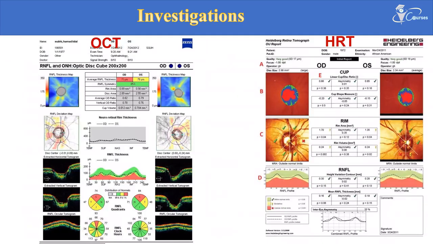Finally, the investigations regarding the optic nerve head. We have two kinds of tomographic evaluation of the optic nerve head. These devices give us more data about the optic nerve head, not only the retinal nerve fiber layer and the CD ratio, but also the thickness of the retinal nerve fiber layer in every quadrant, the rim area, the disc area, the vertical and horizontal CD ratio, and the cup disc volume. Two devices based on the same principle, optical coherence tomography and Heidelberg retinal tomography, will represent the